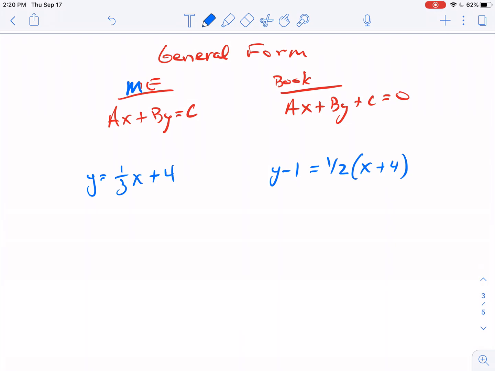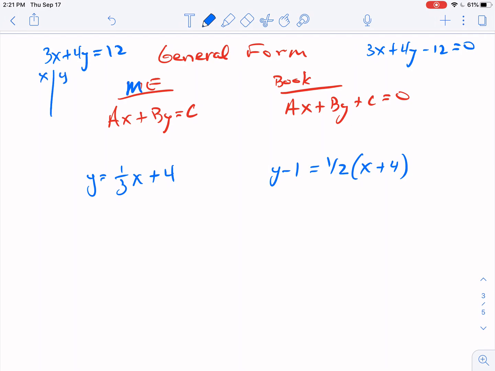For instance, if I had 3x plus 4y equals 12, the book then would have 3x plus 4y minus 12. If somebody writes it in a different form than you do, it's pretty easy to move the 12 around to get it back. But anyway, the reason why I like it the way I do is because if you make